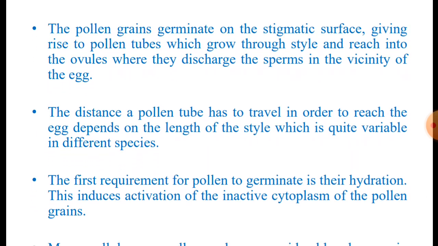The pollen grains, when the compatible pollen grains reach the stigmatic surface, their germination starts. The primary requirement for the germination of these pollen grains is hydration, which in many cases occurs after the pollen grains reach the stigmatic surface, where the cuticle present on the stigmatic surface dissolves by enzymatic activity and that provides hydration to the pollen grains.